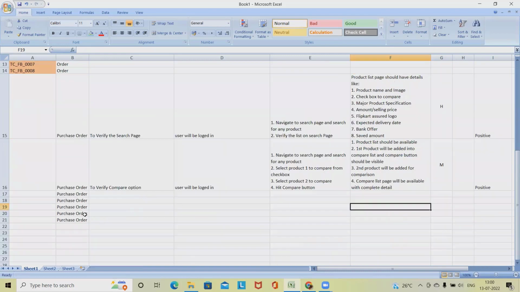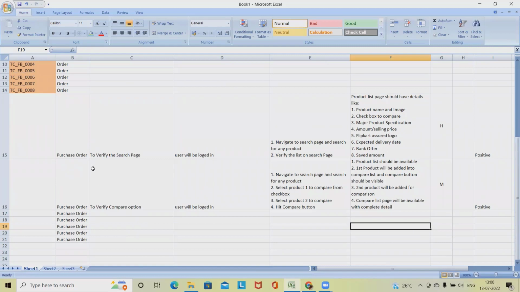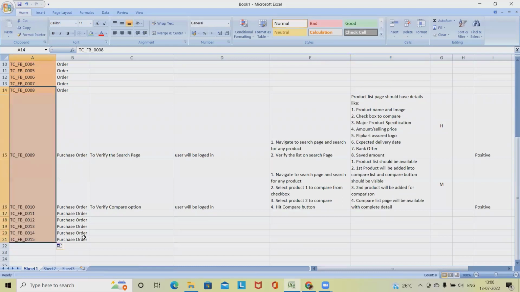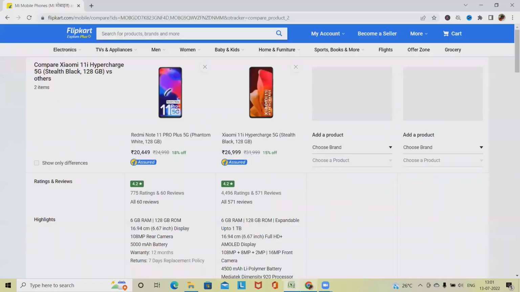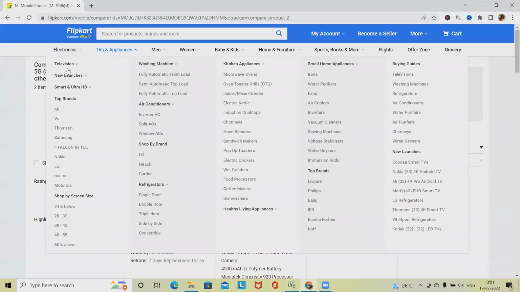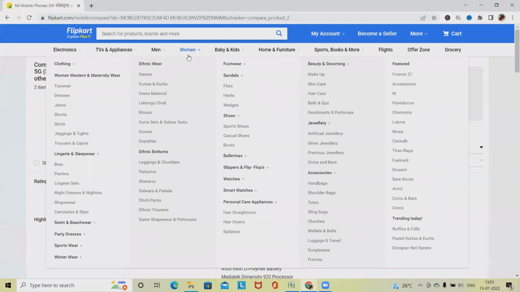Apart from that, you can list down which all test cases we can include in purchase order, create a list of purchase order test cases and add it inside the comment section. Again, I will check or verify and share the final test case list with you. So this is how we can work for the purchase order project. In a similar way, we can also verify other options like electronics. So these all are options: TV and appliances, men and women,